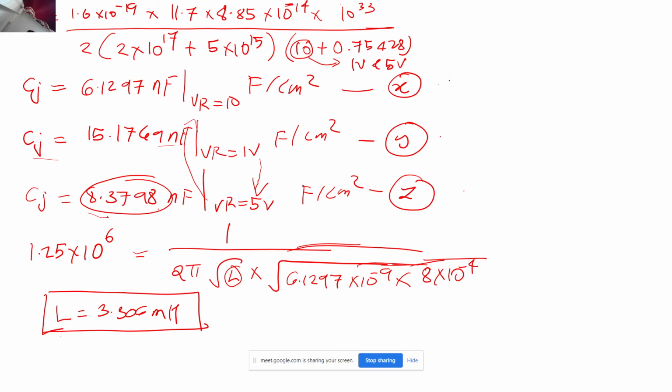Recombination is there in the depletion region. In the derivations of the equations, we have assumed that there is no generation and recombination that happens in the depletion region, correct? But any carriers that are generated in the depletion region, since there is a field, are going to be swept away by the electric field.